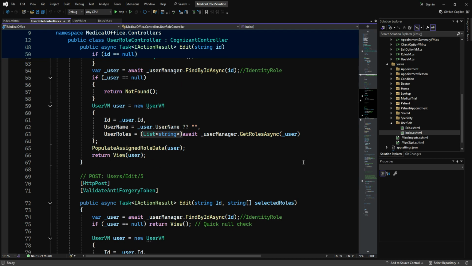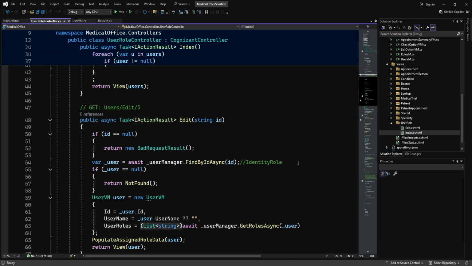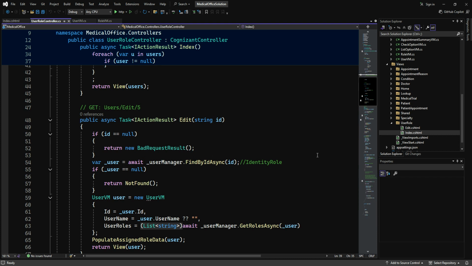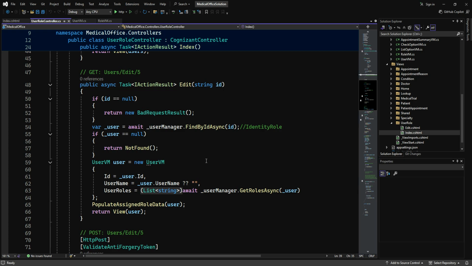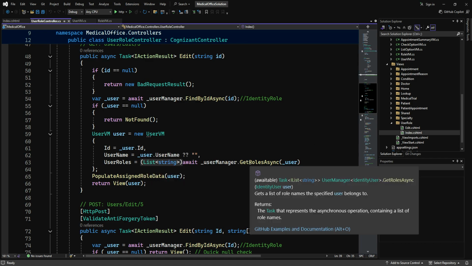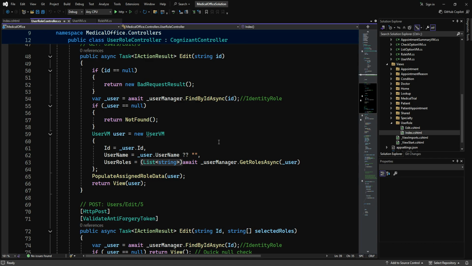Notice we have our usual arrangement of a get and a post for the edit action. So if it's a get, we pass in the ID of the actual user. As long as we actually have an ID, then we come down here, we ask our user manager to find that user, and we pull out that one user from the security system. Making sure that's not empty or null, then I build my user view model from the user that came from the database. And then we can just copy over the ID, the username, and once more GetRolesAsync. So we're doing the same thing we did in the index, but just for the one that we're going to actually show here in our